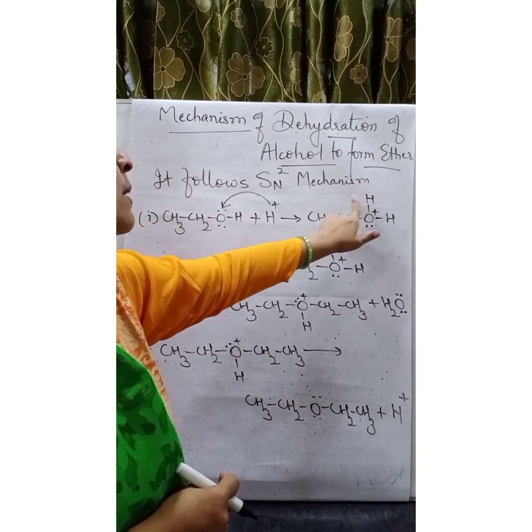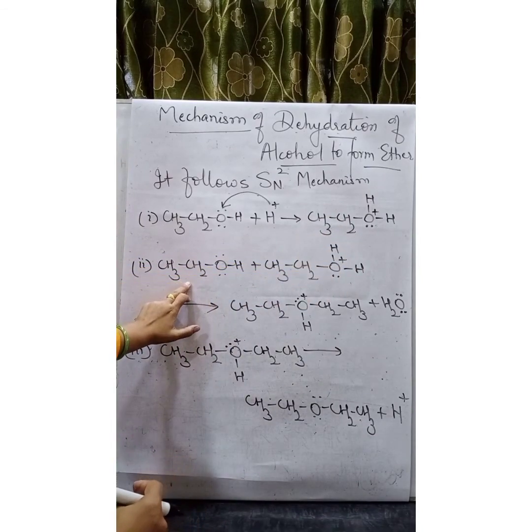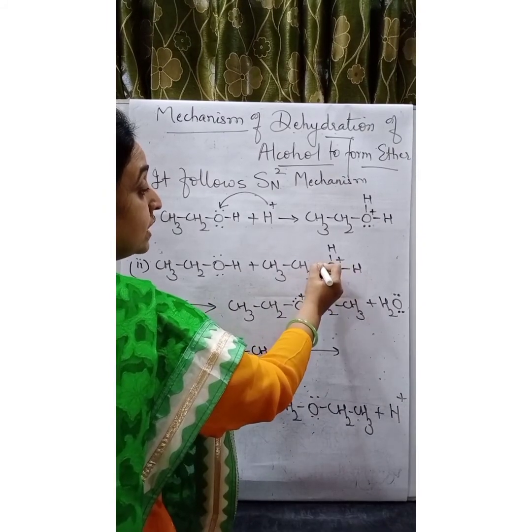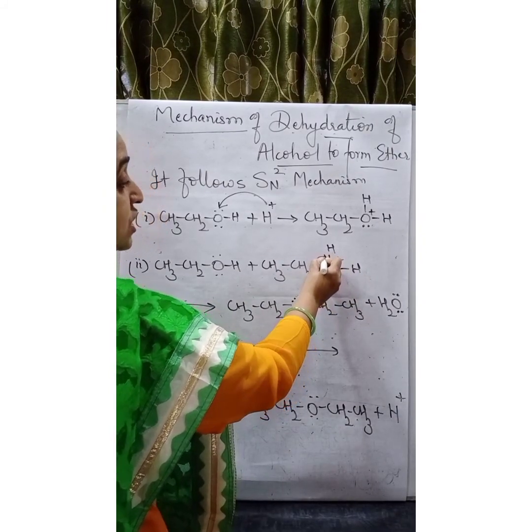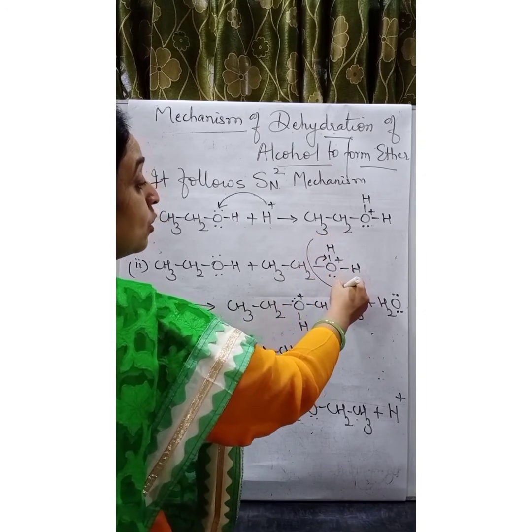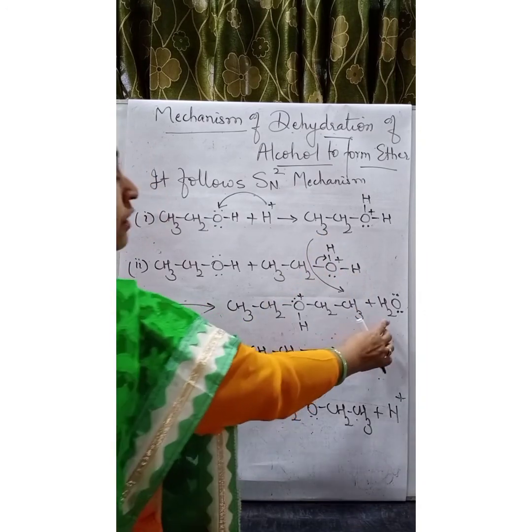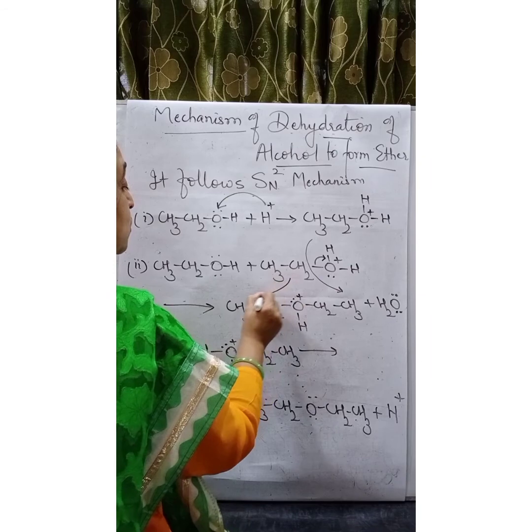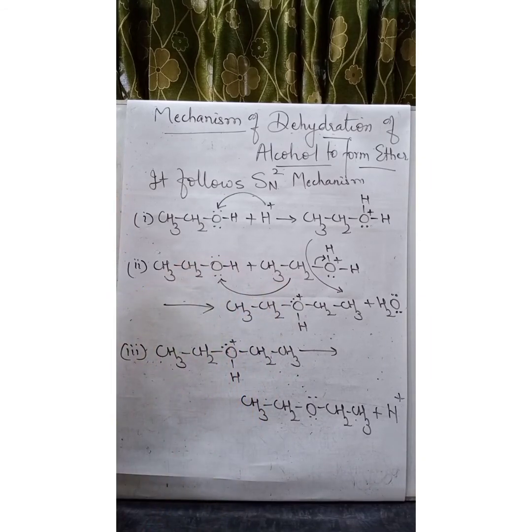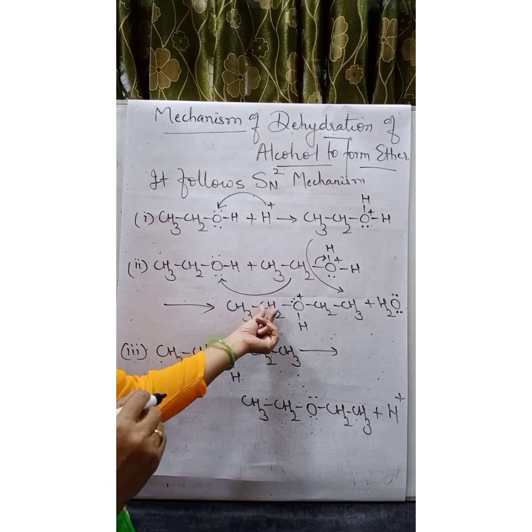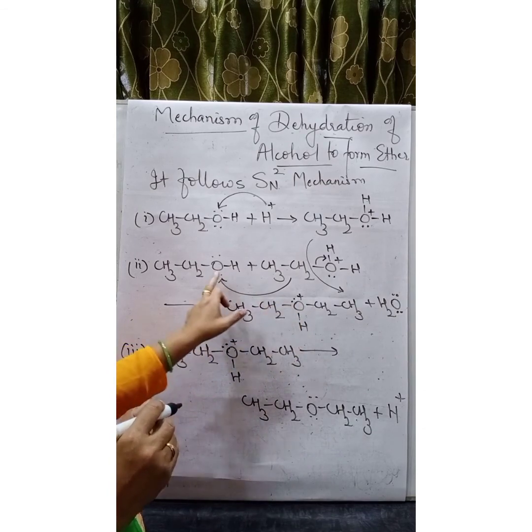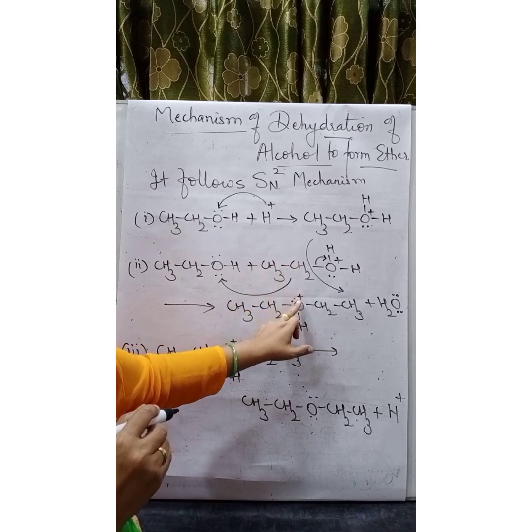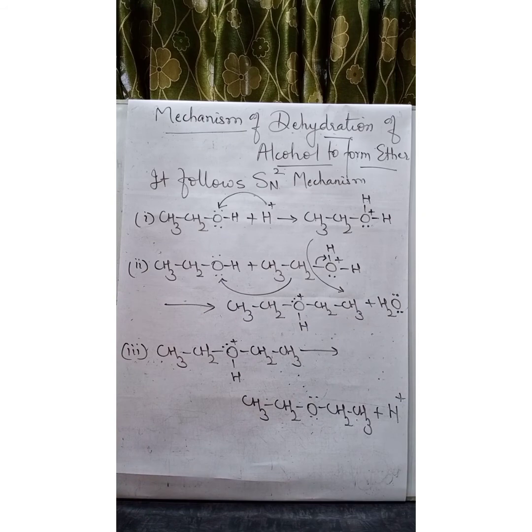Now this product further reacts with the molecule of alcohol. Now you can see what happens in this. In this molecule, the shared pair moves towards oxygen, and this part goes as water molecule. So therefore we are having water molecule outside. Now this becomes electron deficient, so it is going to attack the electron rich side. So we get the product CH3CH2O. One of the lone pairs is used up in forming a bond with CH2CH3. So positive sign develops on oxygen and water becomes out of the reaction.